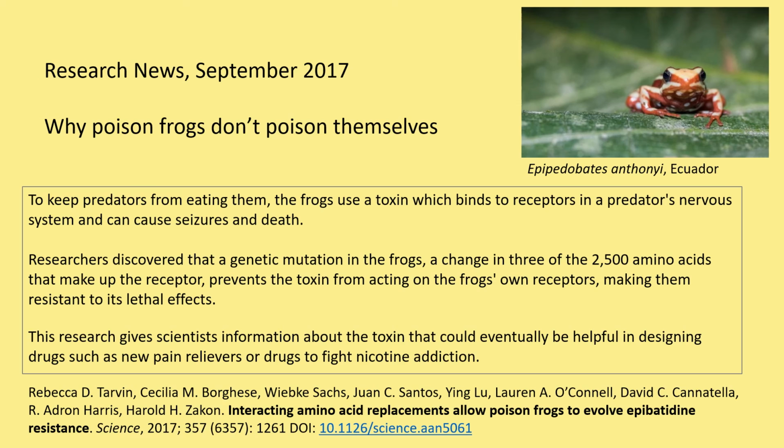This was an interesting piece of research that was published back in 2017. Some scientists wanted to know why frogs don't poison themselves. What makes the frog nervous system immune to the neurotoxin that it produces? It turns out that this particular species of frog has a genetic mutation, a change in 3 of the amino acids that make up the receptor in the nervous system, and it changes the shape of the receptor just ever so slightly so that the toxin cannot bind to or block